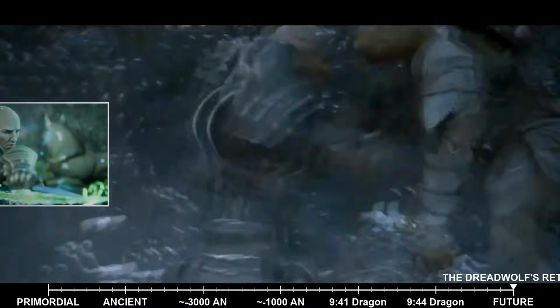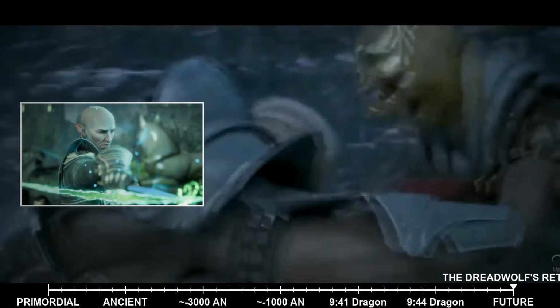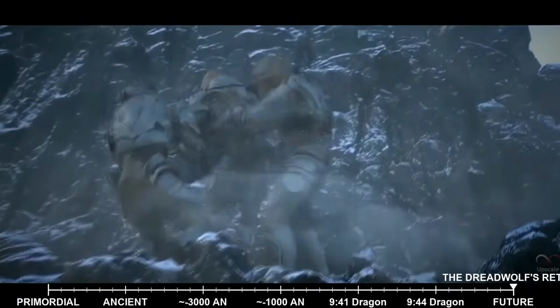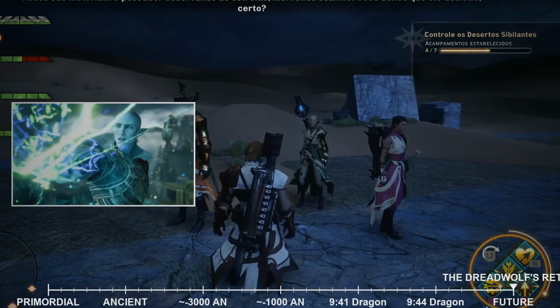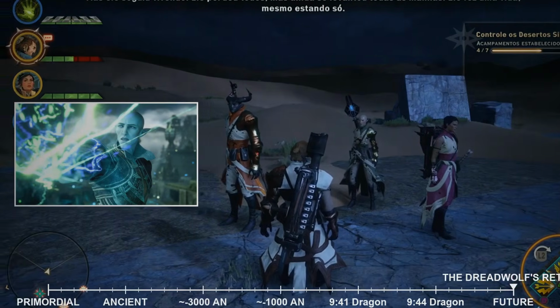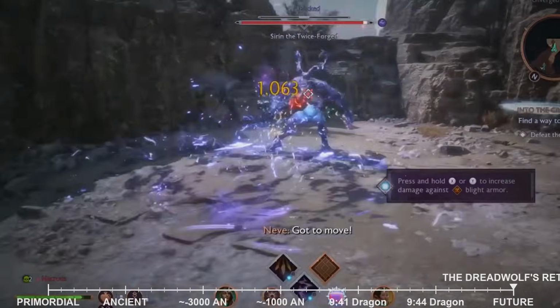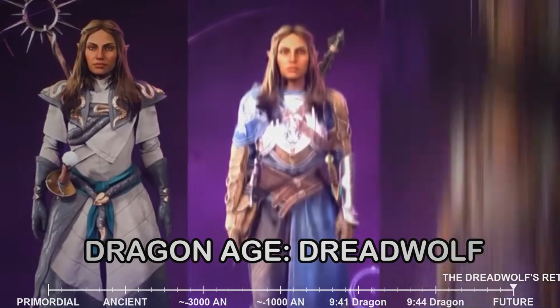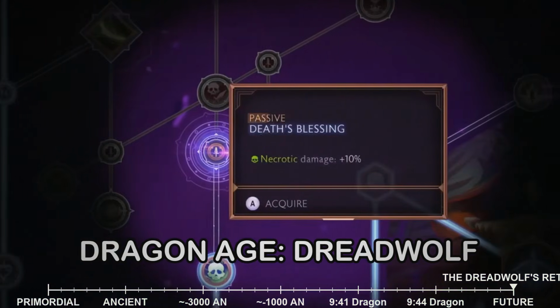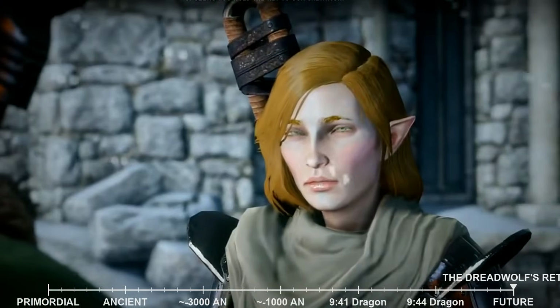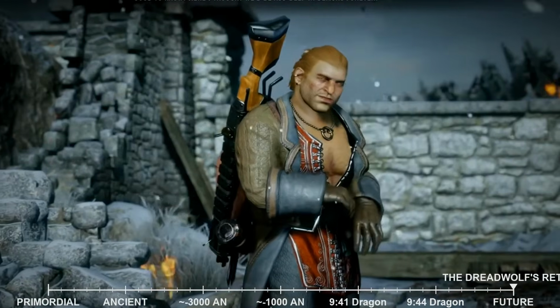Only by truly grasping the depth of his motivations and the nature of his past can the protagonist hope to find a way to stop him, perhaps even by offering an alternative solution that doesn't involve the destruction of the world. The ultimate stakes of Dragon Age: Dreadwolf are nothing less than the fate of Thedas and the Veil itself. Solas's plan, if successful, would fundamentally alter the very fabric of existence.